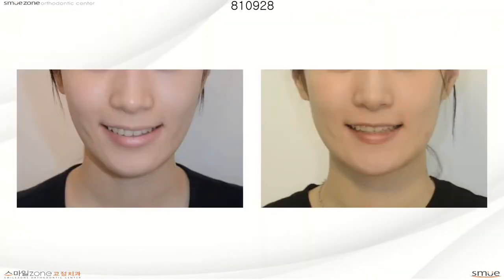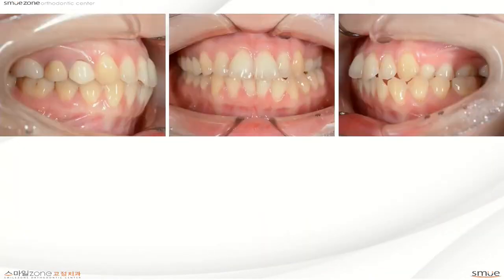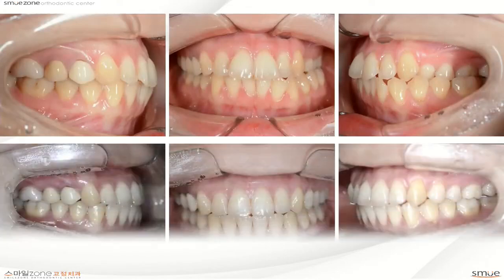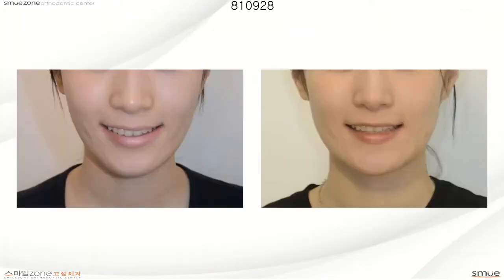And this is the after, and actually she complained of some asymmetric slope, that this side is showing more than here, so I intruded this right side a little bit,